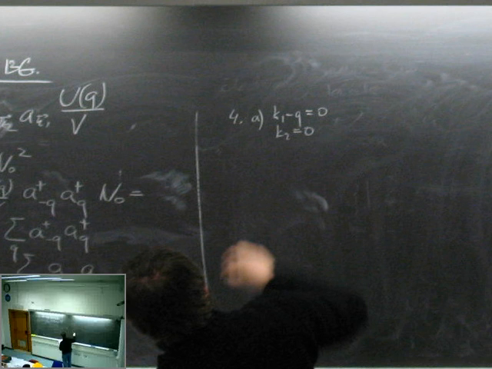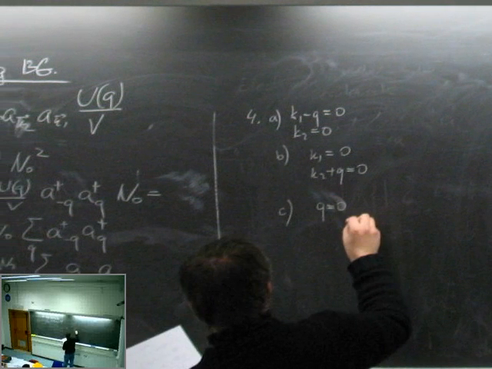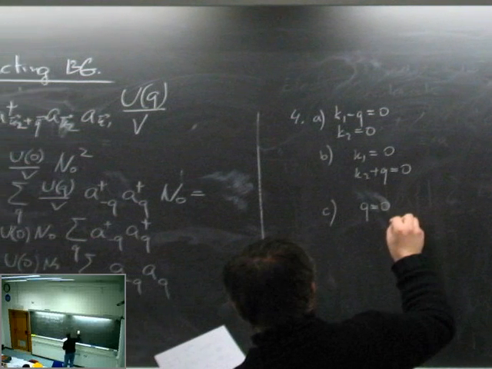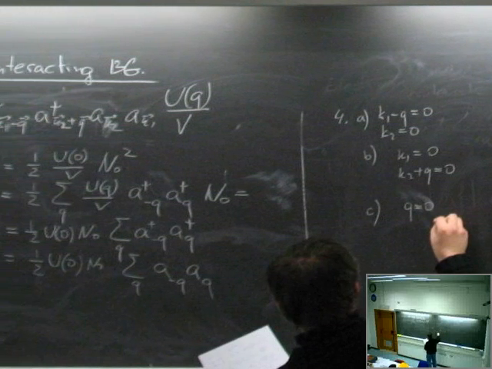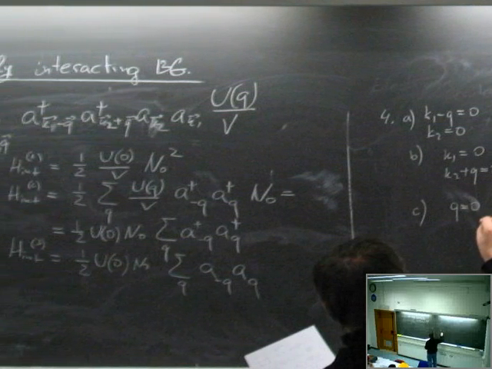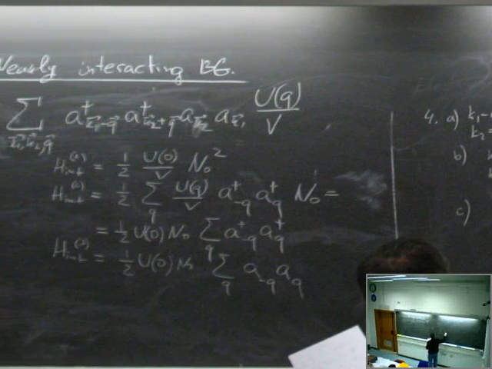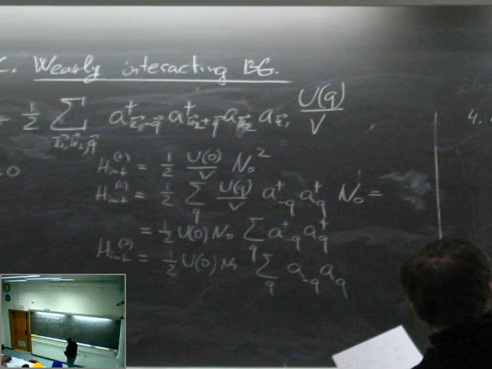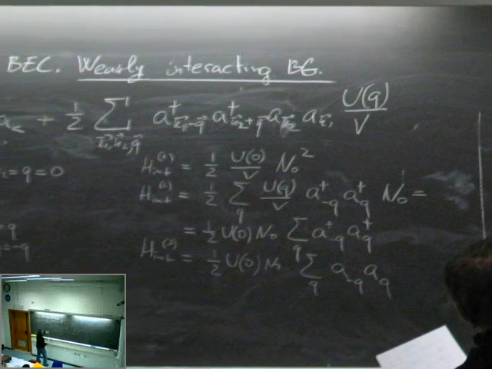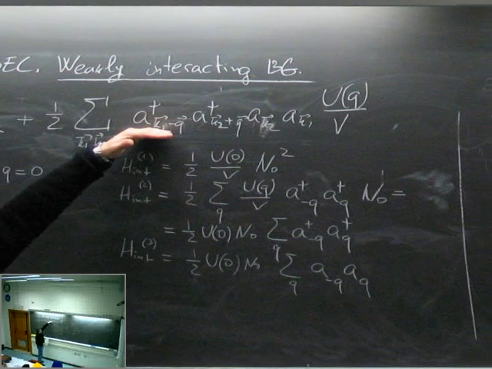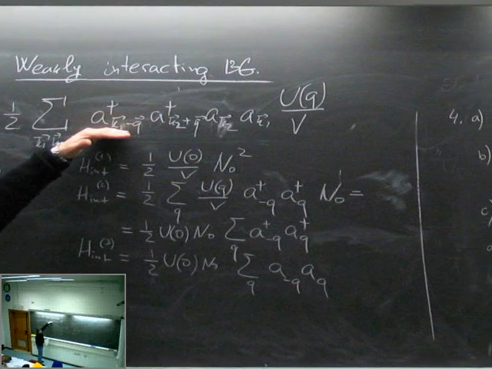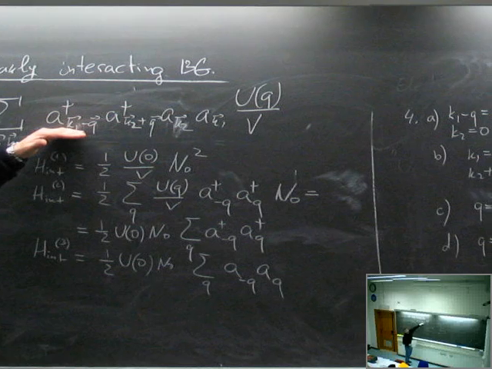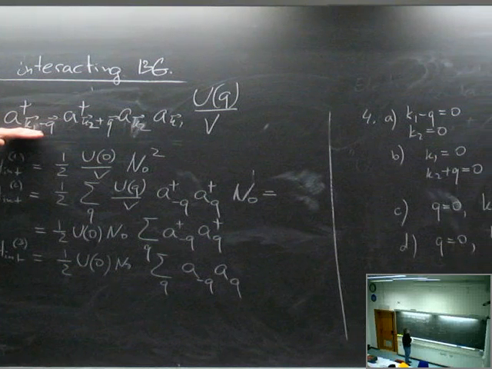Or C, Q is equal to 0, K2 is equal to 0, or D, Q is equal to 0, K1 is equal to 0. So if it is like that, it means that one creation operator is replaced by square root of n node, and one annihilation operator is replaced by